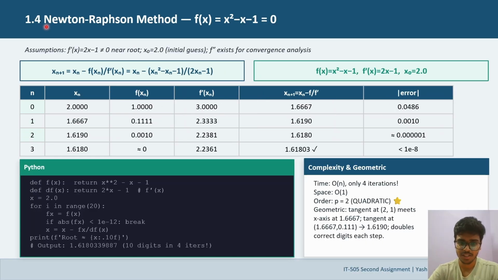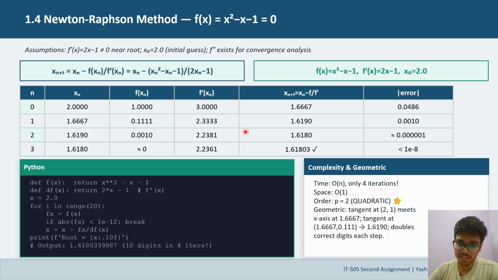Newton-Raphson method. Assumptions. F prime of x equals 2x minus 1 exists and is not 0 near the root. Initial guess x0 equals 2. Formula is xn plus 1 equals xn minus f of xn divided by f prime of xn. For our function, x minus (x squared minus x minus 1) divided by (2x minus 1), iteration 0, where x equals 2, f of 2 equals 1, f prime of 2 equals 3, so our x1 equals 2 minus 1 over 3, which equals